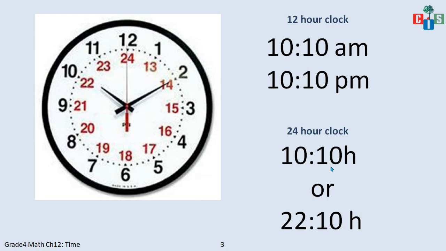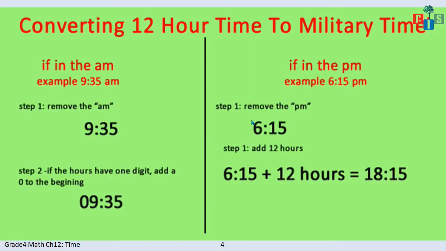Okay, that is this time. And if it is a night time, you will have to write 22 hours 10 minutes. Fine. Okay, so let's move on to learn how to write a clock based on 24 hours. Don't worry, it's an easy one.